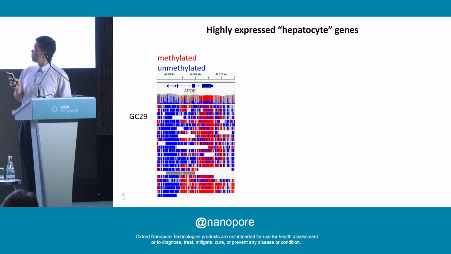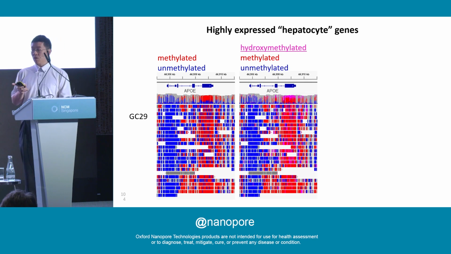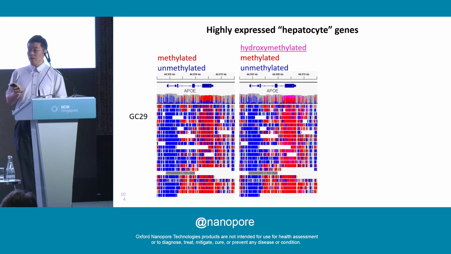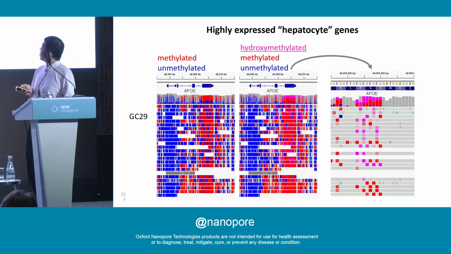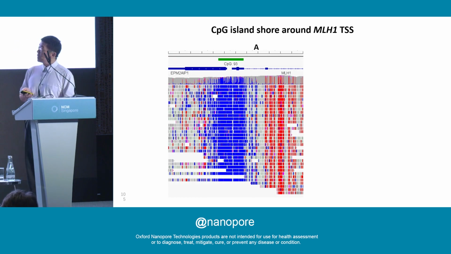This is a typical view of the modification calling of human genes, and the APOE gene is well expressed in gastric cancer cell lines, where blue is unmethylated and red is methylated. But with the all-cytosine modification mode, we can see pink-colored hydroxymethylation in the read information. We can clearly see the 5-hmC signal as pink in the gene body of the APOE region. We can also show the CpG shore region